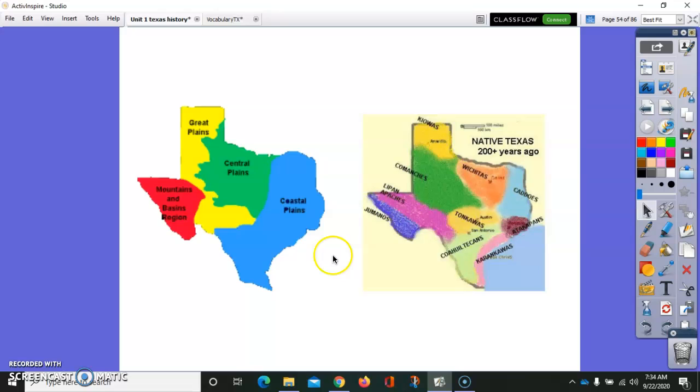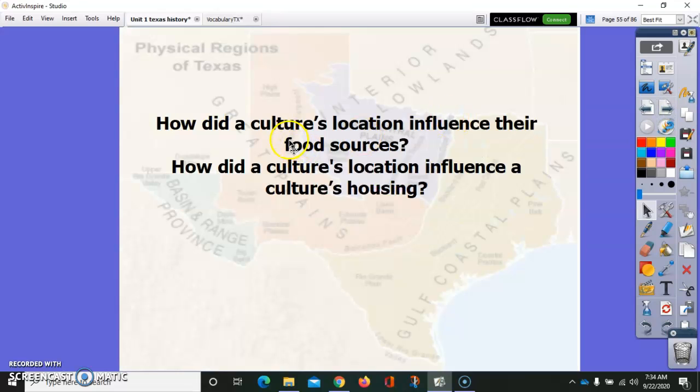So the idea here is for you to understand and to be able to answer these questions. How did a culture's location influence their food sources? How did a culture's location influence a culture's housing? I'm very fond of saying, and you'll probably hear me say it more than once, where you live affects how you live. Okay? So as you move on into the lesson, you're going to be responsible for finding information,